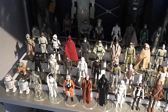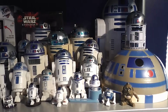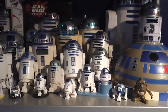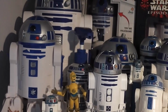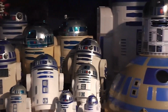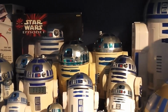For this next section I'm standing on a step just to get a bit of a better vantage point. So I'm a big fan of R2-D2, is my favourite character in the saga, and he's also really good to find collectible things of. So I've got a huge collection of R2-D2 things. As you can see here, a huge range of things, everything from cassette players to soap dispensers to sweet dispensers, an alarm clock, there's a telephone, that's actually in a different place but I'll get to that in a minute. There's a popcorn bowl there, a sweet tin or money box, various play sets, and also figures from the various